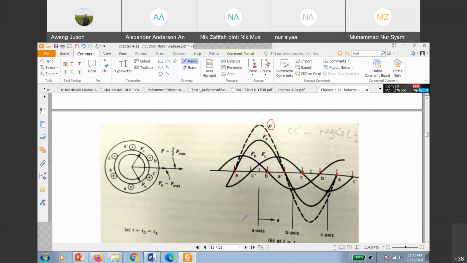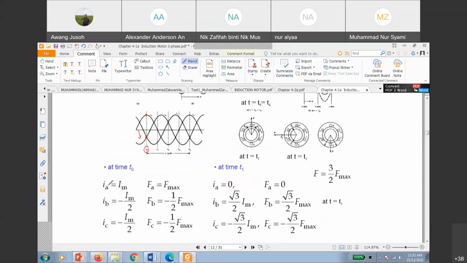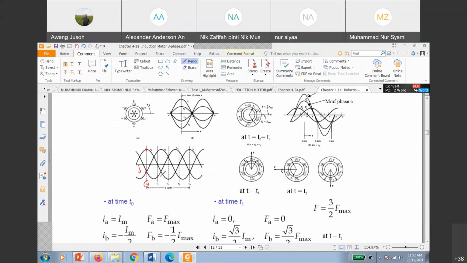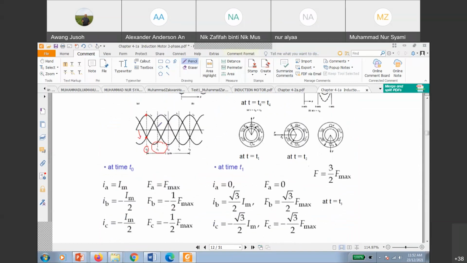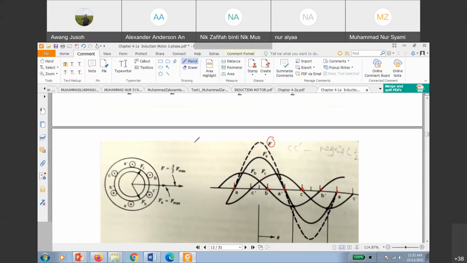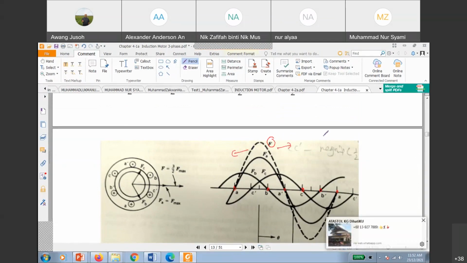Resultant flux in the machine at T naught. If you do the same thing for the timeline, for example, at a different time, T1, what happened to the flux after that? If you do T1, you can see that the flux will move around, will change, with the same amplitude. That means the amplitude is similar like this, but it will move either right or left. That means the rotating flux. That means we have the rotating magnetic field in your machine now, because this flux is moving, rotating, with the same amplitude, with the speed of ns. That is what is meant by rotating magnetic field.